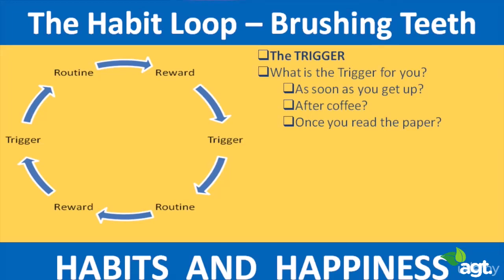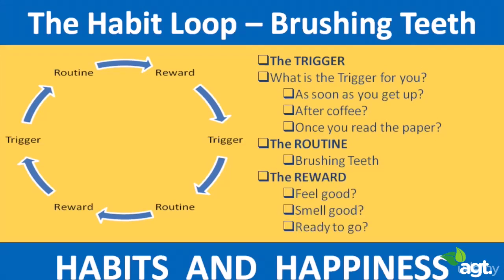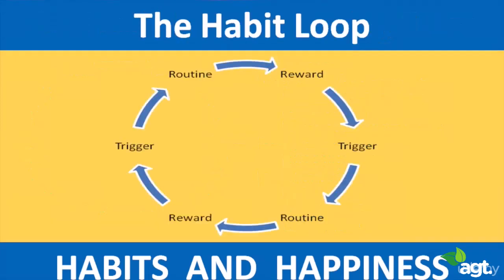Something triggers it. So what's the next thing? Next thing is routine. What's the routine in this case? Easily explainable. In this case it is brushing your teeth. That is your routine. And then you get something called a reward. So your brain actually gets rewarded. In this case, you brush your teeth, that's your routine, right? And then your reward is you feel good, you smell good, you're just kind of ready to go, right? You feel really good, so that's your reward. And then so on. The next routine comes in, next trigger, routine, reward, and so on. That's the habit loop. But here's the problem.